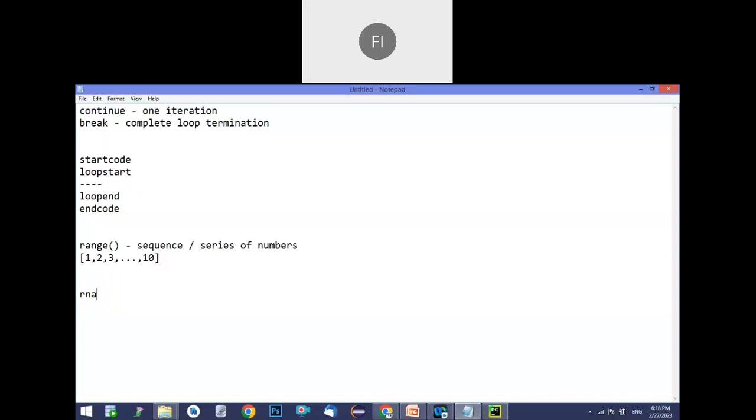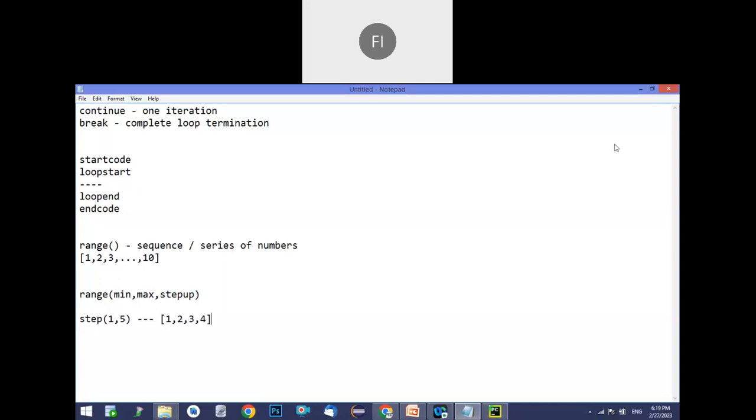How range works: range actually takes three arguments, basically min, max, and step up. Based on those, your output will be generated. I will showcase how. For example, you write 1 to 5. By default, if you don't write any step up, it will consider 1 as the default value. So step up will be 1. That means it will generate 1, 2, 3, 4.